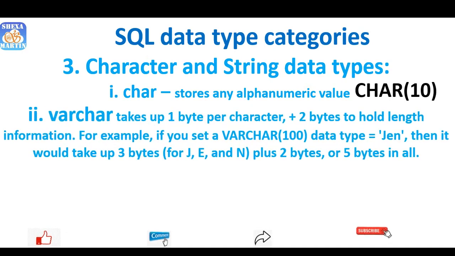And then we talk about variable characters. I think I've talked about this one. Varchar stands for varying characters. It takes up one byte per character, plus 2 bytes that hold length information. So if you put only one character, it's 1 byte plus 2 bytes that store information about this column. For instance, if you set a variable character of 100,